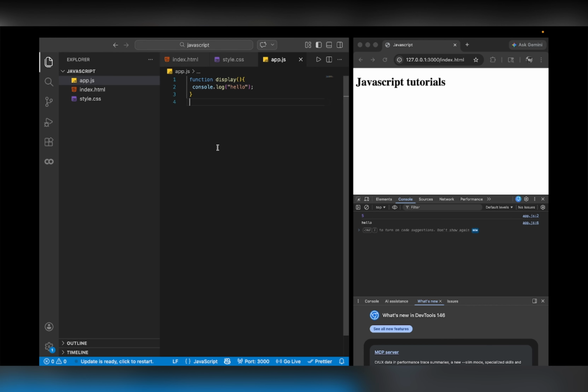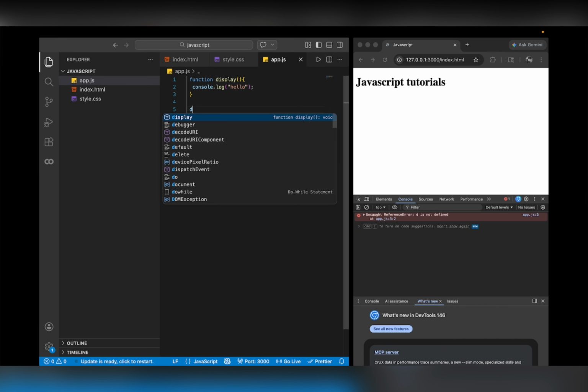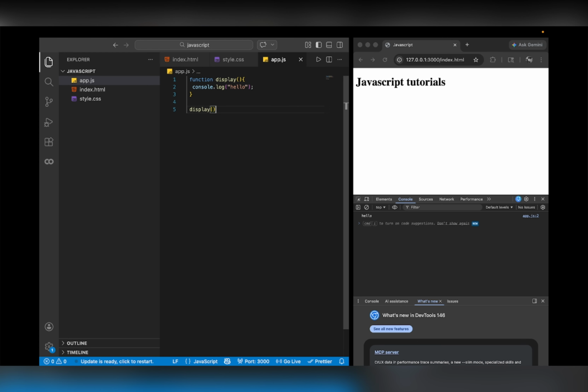सो हम लोग एक बेसिक फंक्शन को यहाँ पे डिफाइन कर चुके हैं। अब इसे इन्वोक कैसे करेंगे, इसे कॉल कैसे करेंगे? तो सिंपली जो फंक्शन का नेम है उसे राइट कर देंगे तो वो फंक्शन कॉल हो जाएगा। यहाँ आप देख सकते हो कि हेलो प्रिंट हो चुका है। तो ऐसे हम लोग इस फंक्शन को बहुत बार यूज कर सकते हैं। लाइक से 4 बार हमने डिस्प्ले फंक्शन को कॉल किया है, 4 बार हेलो प्रिंट हो चुका है। ये तो एक बेसिक है।